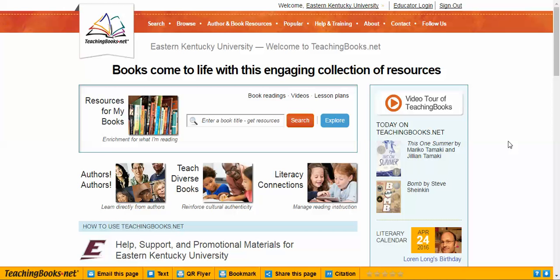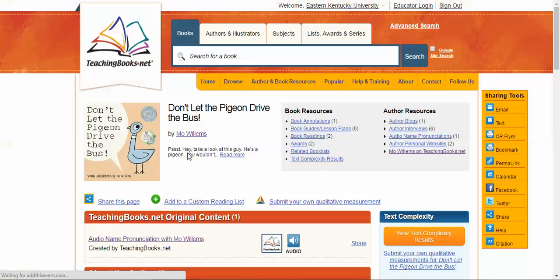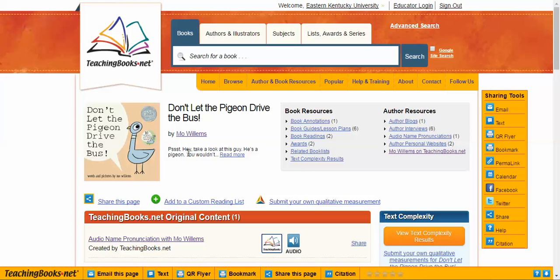There are two basic ways to search teachingbooks.net that include title search as well as author search. So we're going to go to the search box, and I have chosen a title, Don't Let the Pigeon Drive the Bus. I'm going to click on the link, and in return we get all the resources that teachingbooks.net has